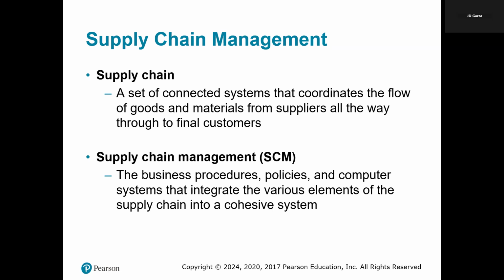Imagine this: supply chain management is like the conductor of an orchestra, synchronizing all of the instruments to create a harmonious performance. So in business terms, it's about minimizing delays, optimizing resource use, and meeting customer demand efficiently. To have effective supply chain management, you have to have better risk management, stronger relationships with the suppliers, and even sustainable practices, which can set a business apart in a competitive market.